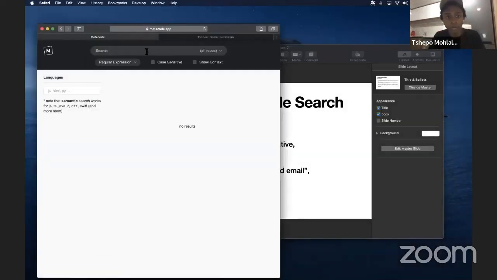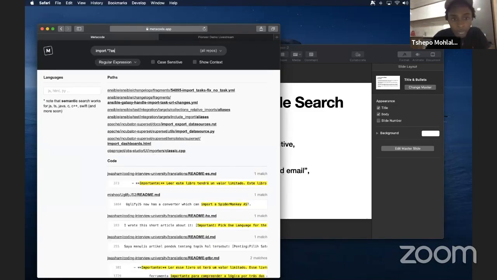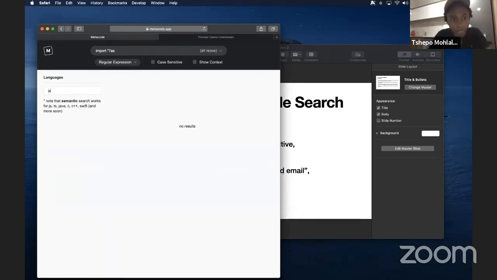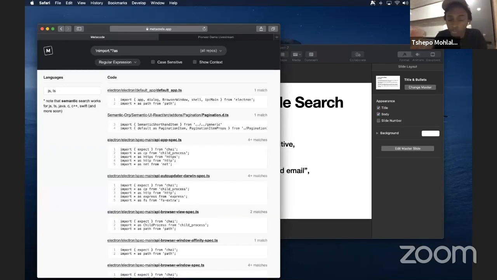Awesome. All right, so we're in Metacode right now. And this is the par-for-the-course, normal regular expression search, but you'll find that it actually works a lot faster in Metacode. So for example, let's say we wanted to find some input statements across these files. I might make a regex query like this, and it resolves in almost 100 milliseconds per query per keystroke. But let's say we were looking for something in JavaScript files, TypeScript files. You can narrow it down. No matter how pathological your regex query gets, you can make some pretty pathological queries and get super fast search.